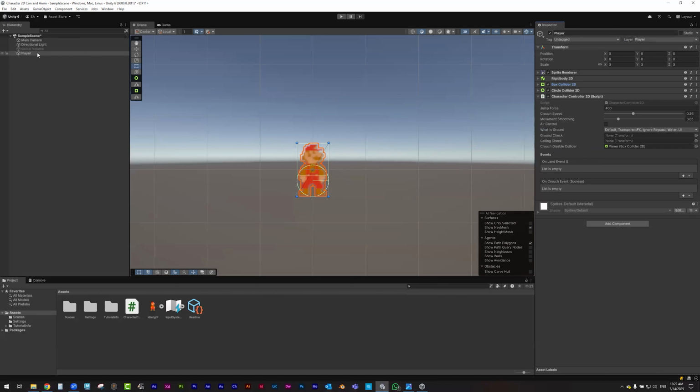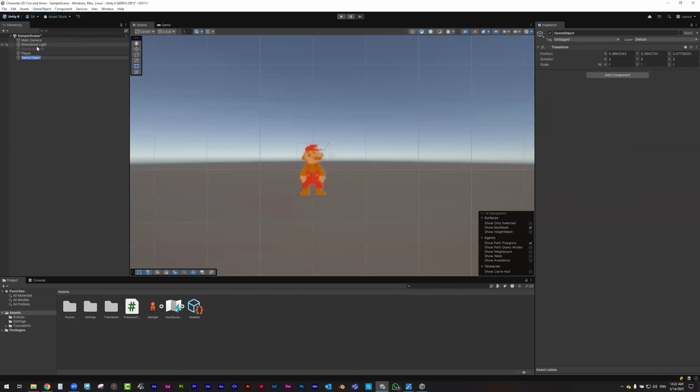In order to do that, I need to create an empty game object because the script will check the transformation. So here, I'm going to name it GR, short for ground, and let me place it at the top here. It doesn't have to be exactly at the top of the character. I need to duplicate it, CE, short for ceiling,